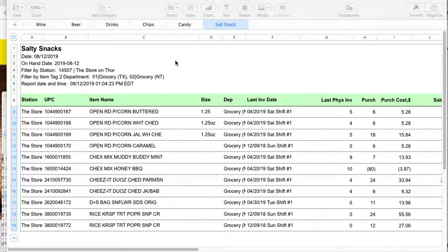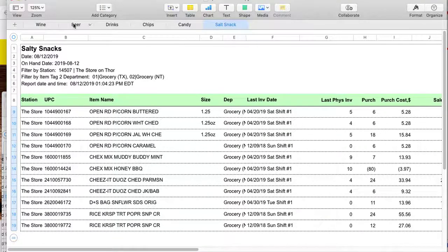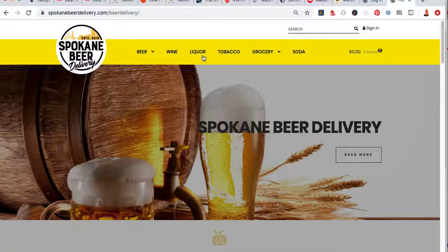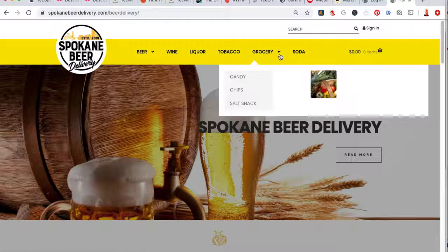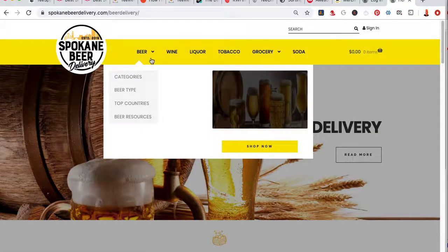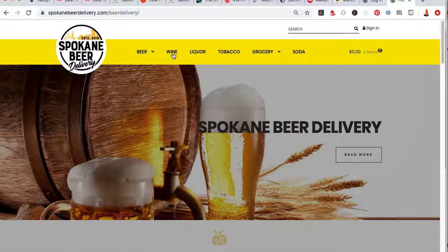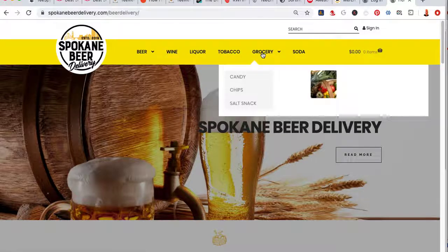I'm going to show you how to upload a CSV file to your website for WooCommerce. So right now you have your file: wine, beer, drinks, chips, candy, salt, snack. And then if you look at the website: beer, wine, liquor, tobacco, groceries, soda, candy, chips, salt, snack, right? So the names of what you have are going to be the same exact thing for the